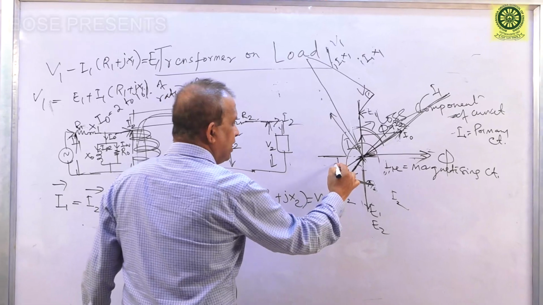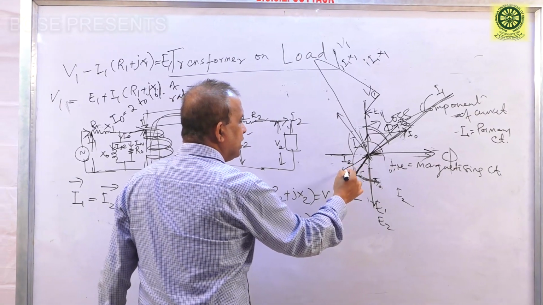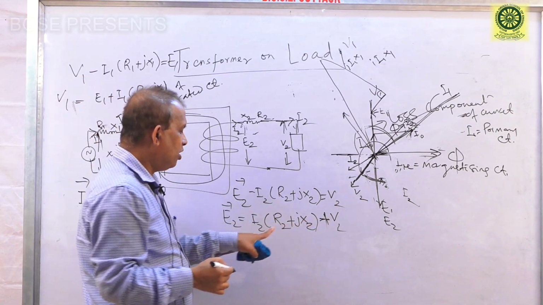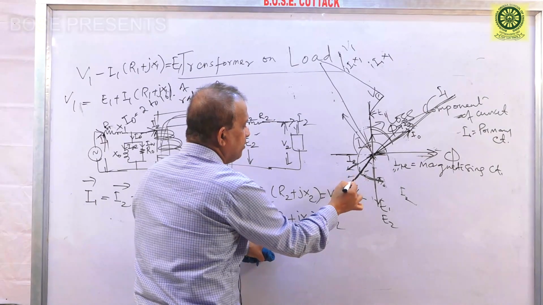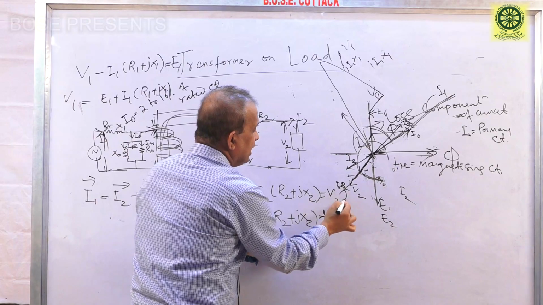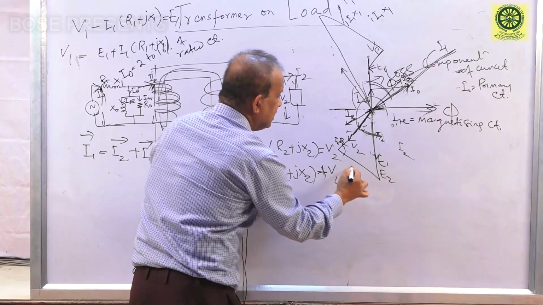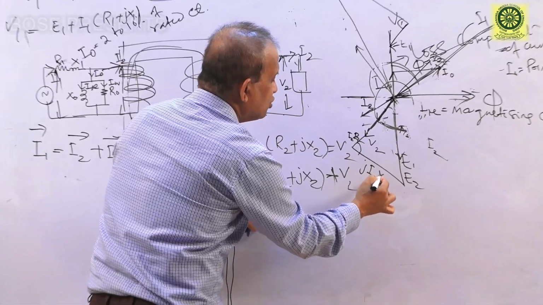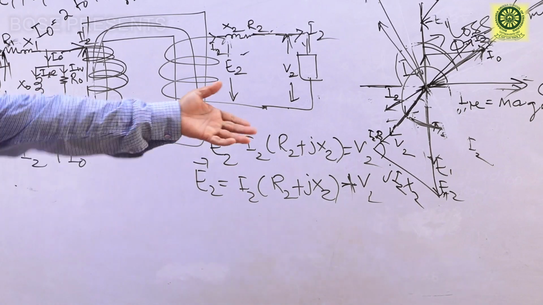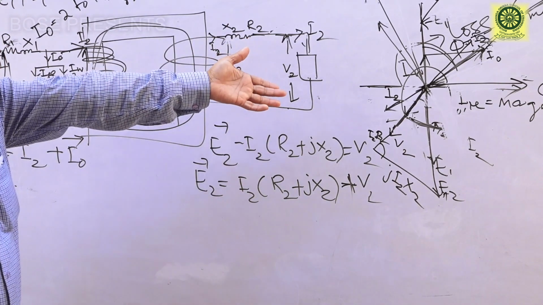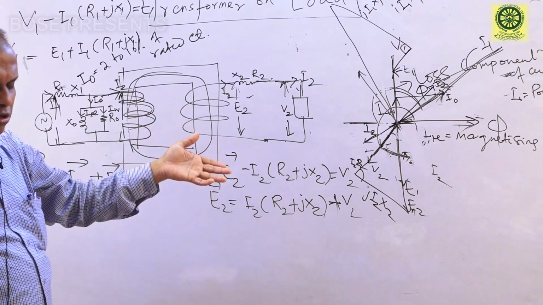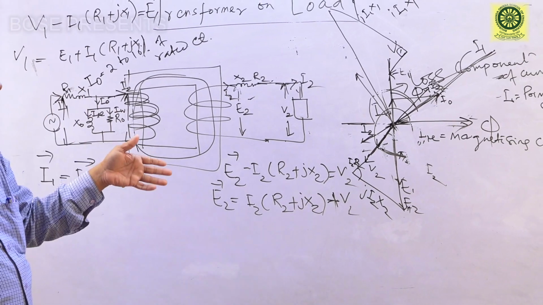So in the first case we have drawn a lagging power factor load case. From the secondary side, suppose you want to complete the phasor diagram: V2 plus I2 R2. So this will be parallel with this. This is I2 R2, and at 90 degrees with this is jI2 X2, and this is now E2. So this completes the secondary side phasor diagram in the case of an inductive load. Similarly, for the unity power factor load and the capacitive power factor load, all these things can be drawn.